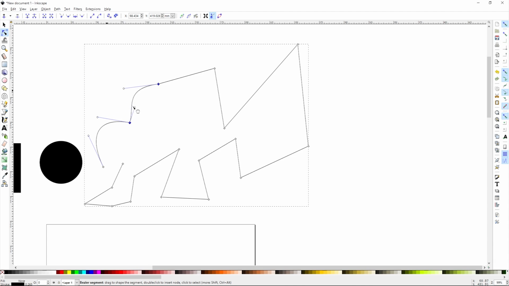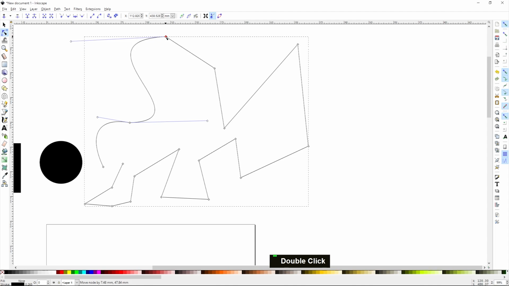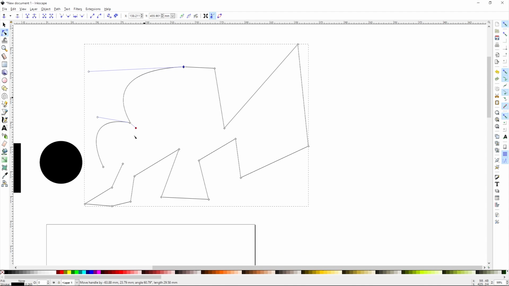You can also do this just by grabbing the line and pulling on it. This usually doesn't allow you to control it as gently or accurately as these do. This is a good way to get close to what you want, and then use this to fine-tune. And this is just something to mess around with. You just start drawing something, start tracing something, and start messing with these to see what different behaviors you can